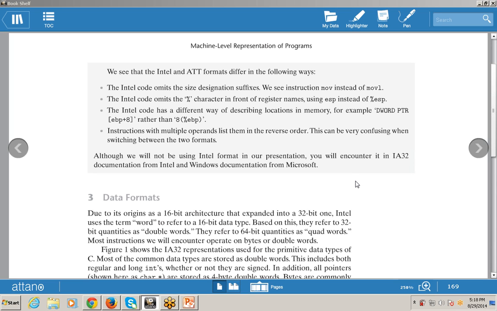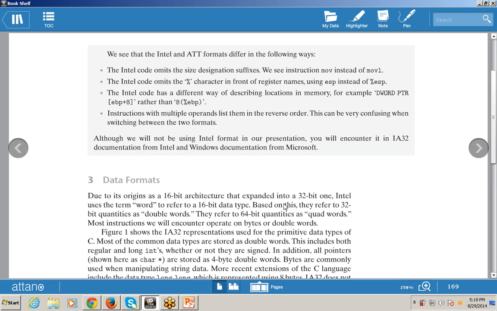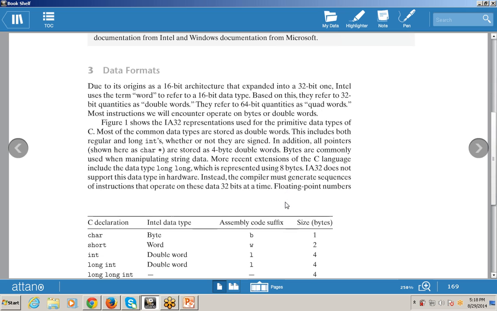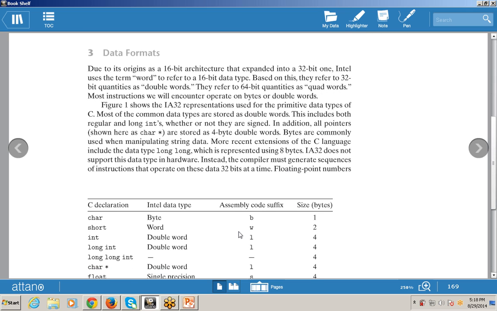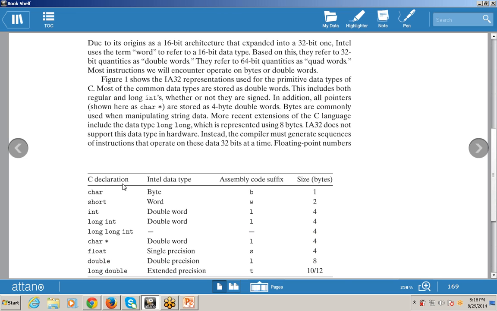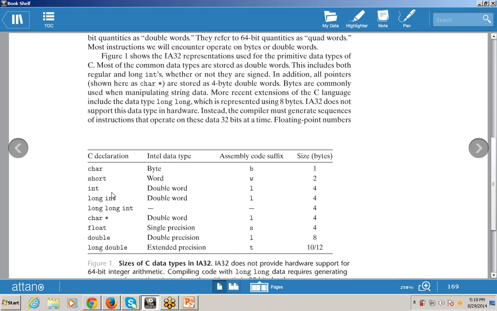In yesterday's class, we talked about the topic data format, that is how we can format the data. What are the tools available to format the data? These are the multiple data types available while declaring a variable. These are some declarations for C variables like char, short, int, long int, float, double, long double.